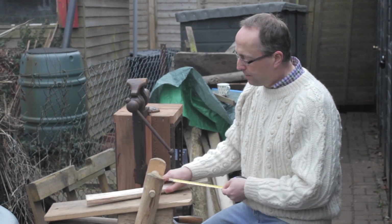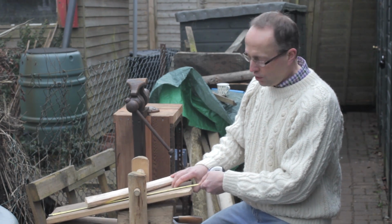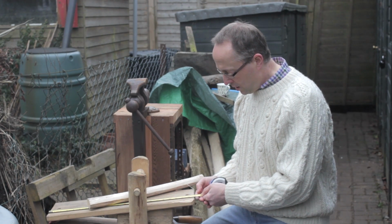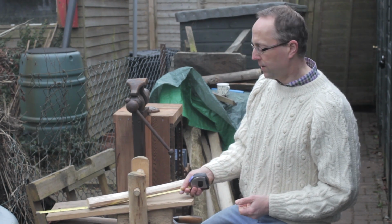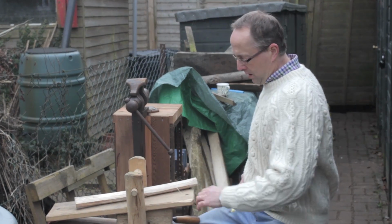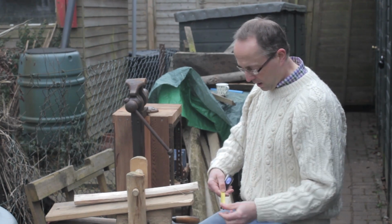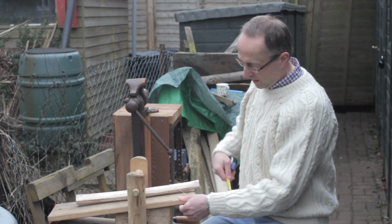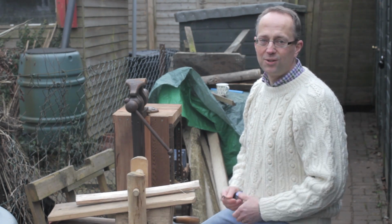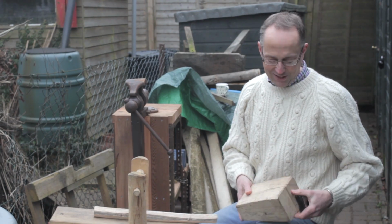And then the other one, the baseboard here, which flaps on a leather hinge, is 23 inches long, which is about 58 centimetres, and it's the same sort of width really as the shave horse itself, so it's about 8 inches or 20 centimetres, and as you can see it's just under the inch or 2.5 centimetres. So there you are. And the final piece, the cheese block,